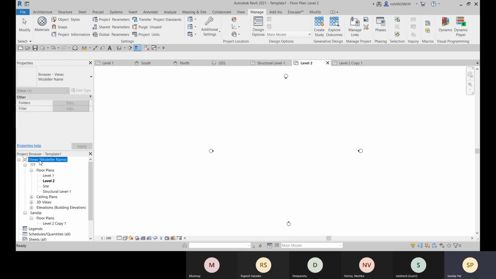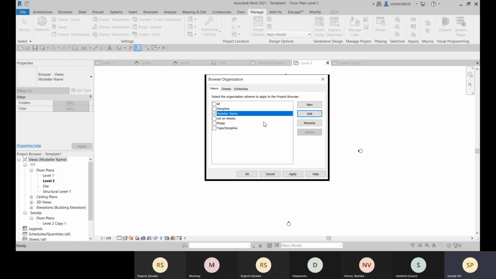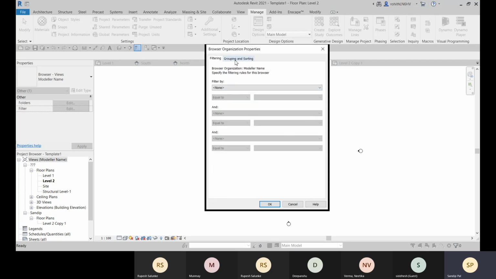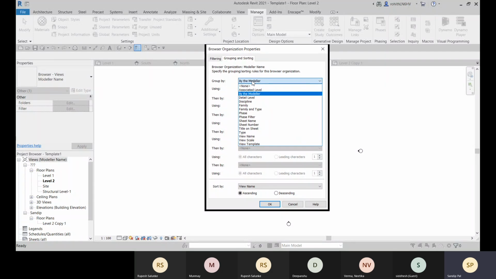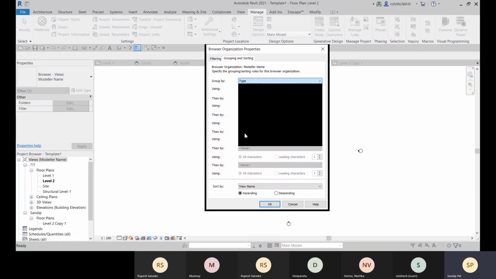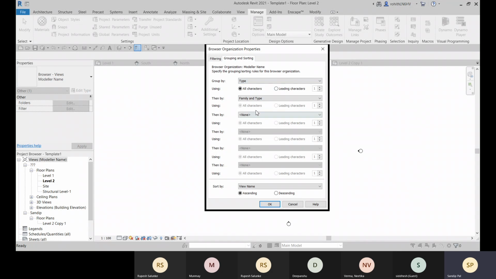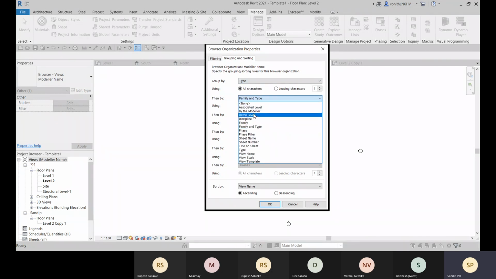So here you can also see that views by modeler name. This is selected by modeler name. Okay, and you can also create, let's go for this browser and organization. And within this modeler name, let's go for edit and grouping and sorting. So first, what you can do, you can go for the type. Okay, first you go for the type and then go for the discipline.